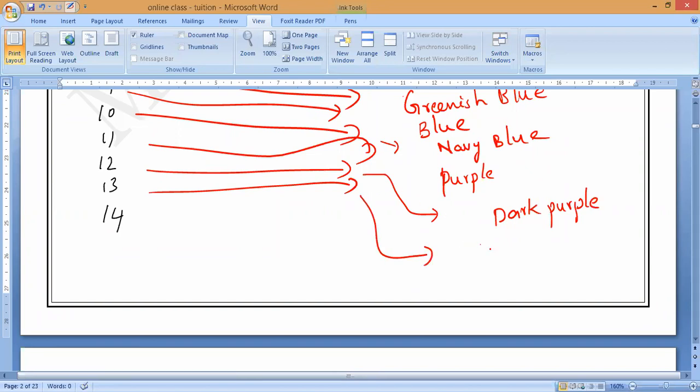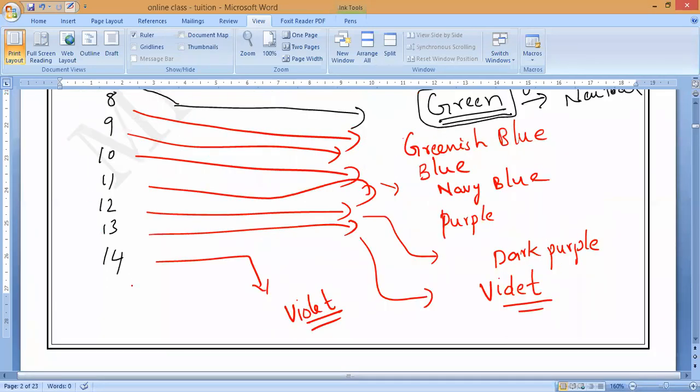pH value of 13 is violet color. What is that? Violet color. Next, pH value of 14, also violet. Understand? Violet color or dark violet, whatever it is. So this is the color coding of the universal indicator. Remember these colors at least, the last and the first ones, that is pH value 10, 11, 12, 13, 14